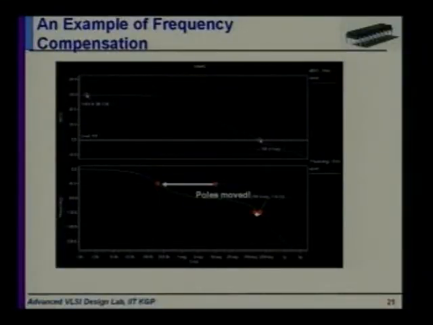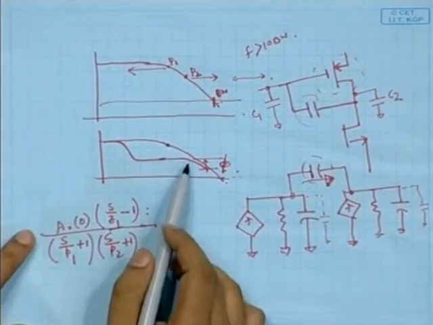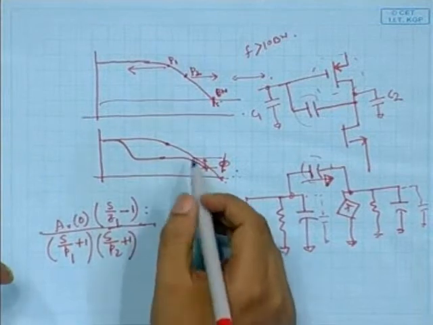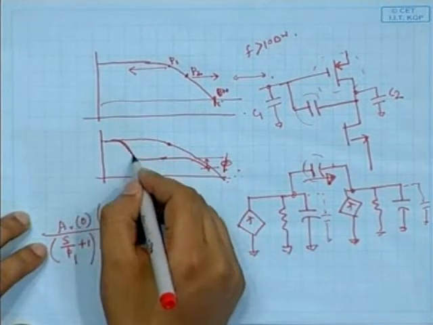There are two ways. Either you choose Rz such that the zero is far away from the bandwidth, and then you take into consideration where this P3 lies; you change the other positions also and you will get the location of P3. Otherwise, you set the location of P3 and the location of Z1 to be at the same position, and then they will nullify each other. In that case, again it is heavy. So the frequency response will be like what I have shown.